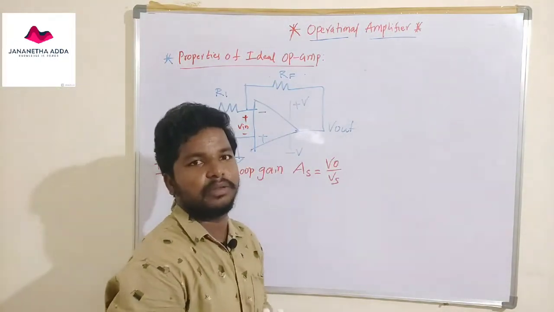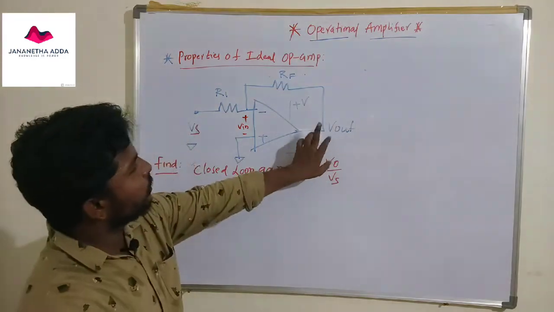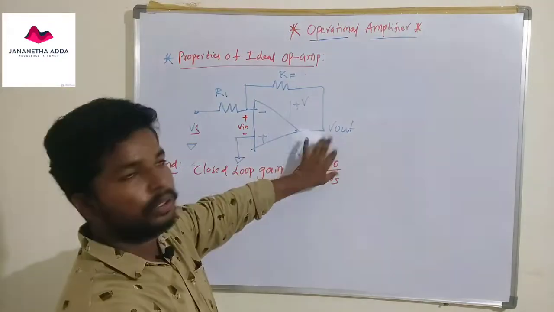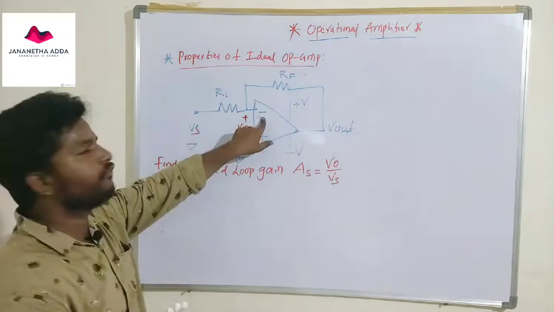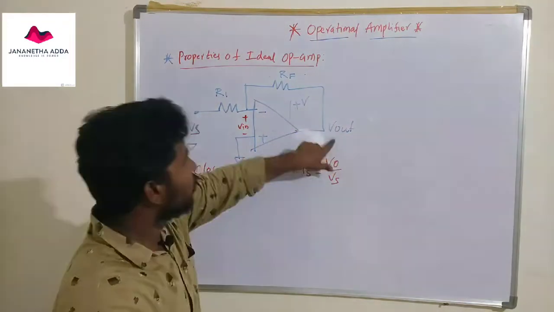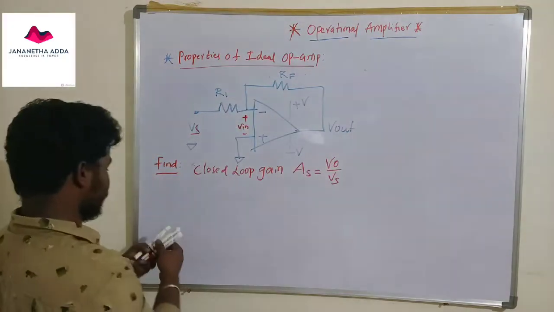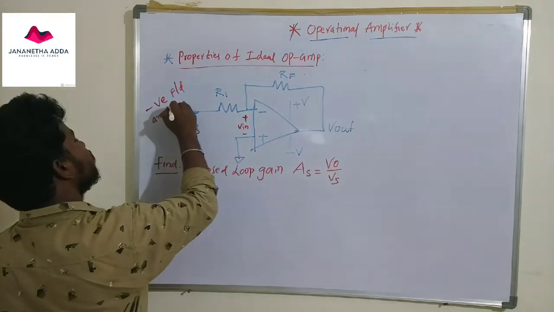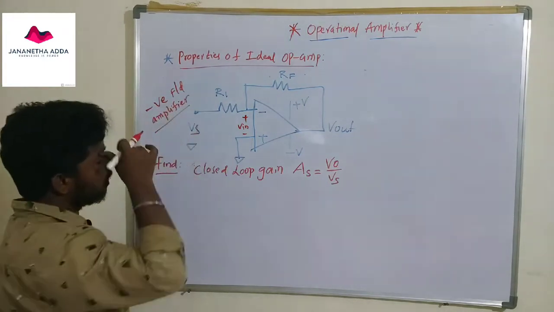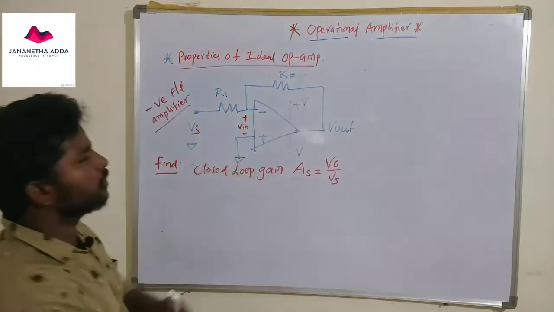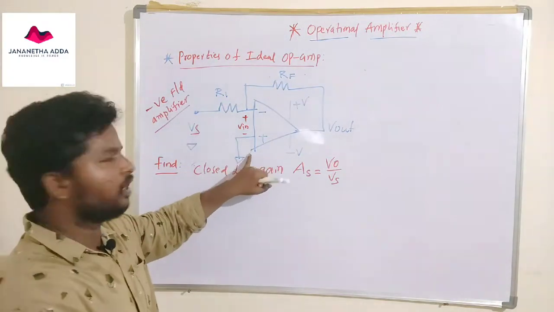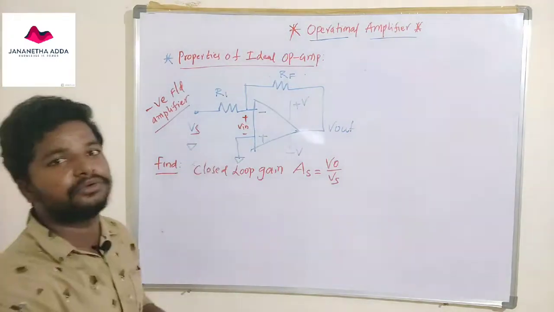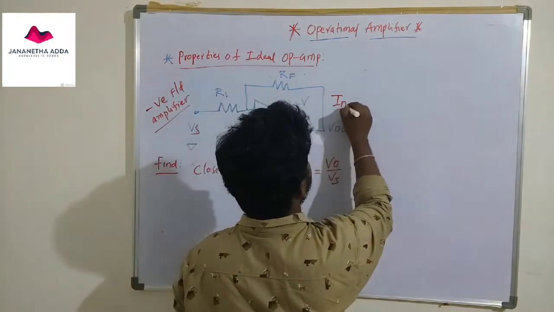How can we say whether it is a positive feedback or a negative feedback? So this is a feedback element here. In the output section, some part of the output is fed to the negative terminal of the operational amplifier, because of that it is called a negative feedback amplifier. Here the positive terminal is grounded, but the source signal is given to the negative terminal. Because of that, it's called an inverting amplifier.